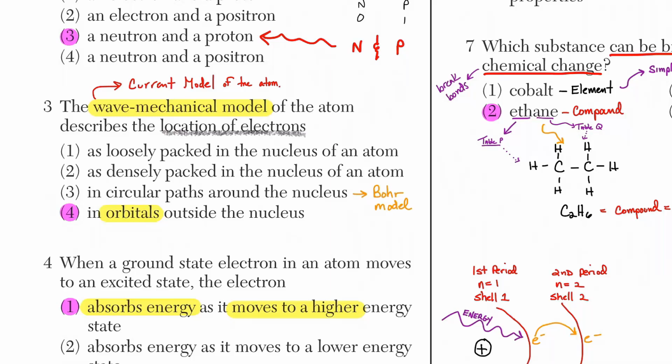Now, they called it in the last test the electron cloud model, but I remembered I told you the electron cloud model is also the wave mechanical model. Get those words down. Again, it's still the current model of the atom, and they want the location of electrons. My gosh, what are the catchphrases? It's based on probability. Electrons can be waves and particles, and where they exist is in orbitals, just like the